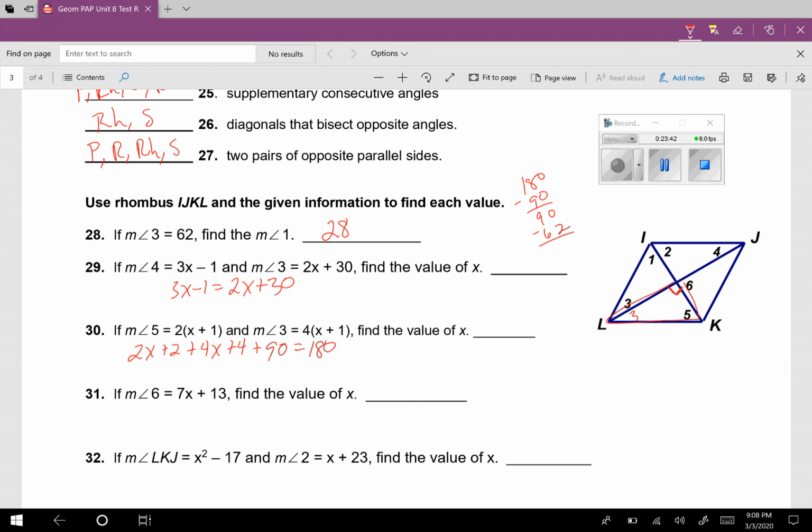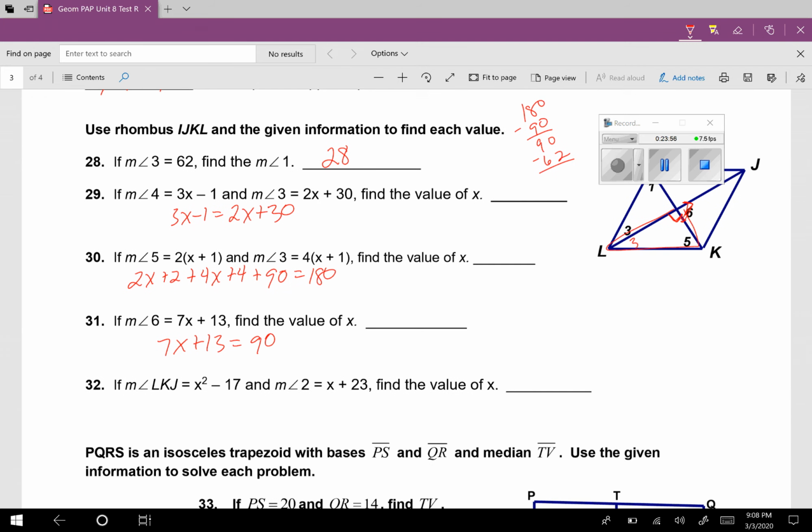Okay, now it says the measure of angle 6 is 7x plus 13. Okay, angle 6 is right here. So it's a right angle. So 7x plus 13 should equal 90. Okay, question